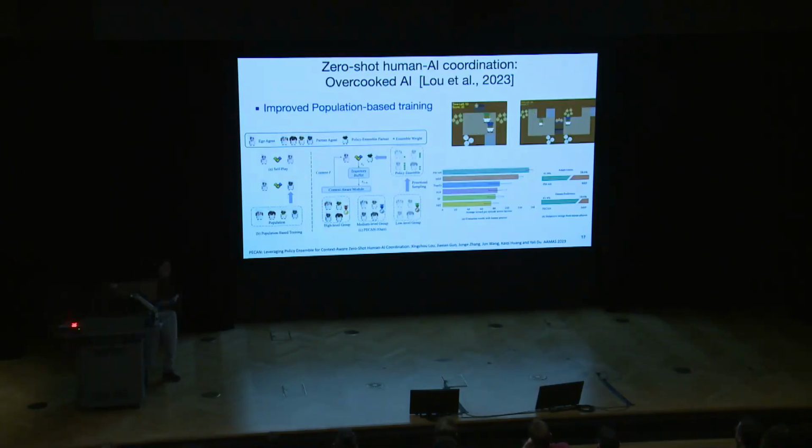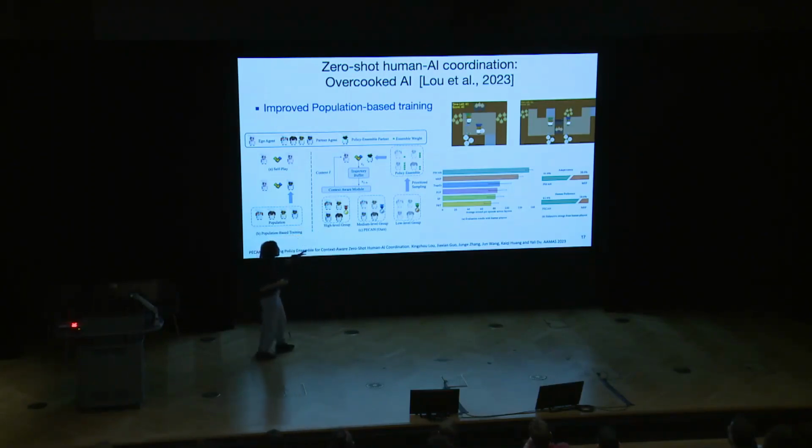And the last piece of information I'll mention is about this game, Overcooked. It's a human AI coordination task. In these two videos, the agent in the green hat is controlled by AI, by our algorithm, and the agents in the blue hat are controlled by humans. They are coordinating together to cook, for example, this onion soup. They collaborate to put the onion in a pot and cook it for 20 minutes, and then put it on a plate and serve it to the customers.